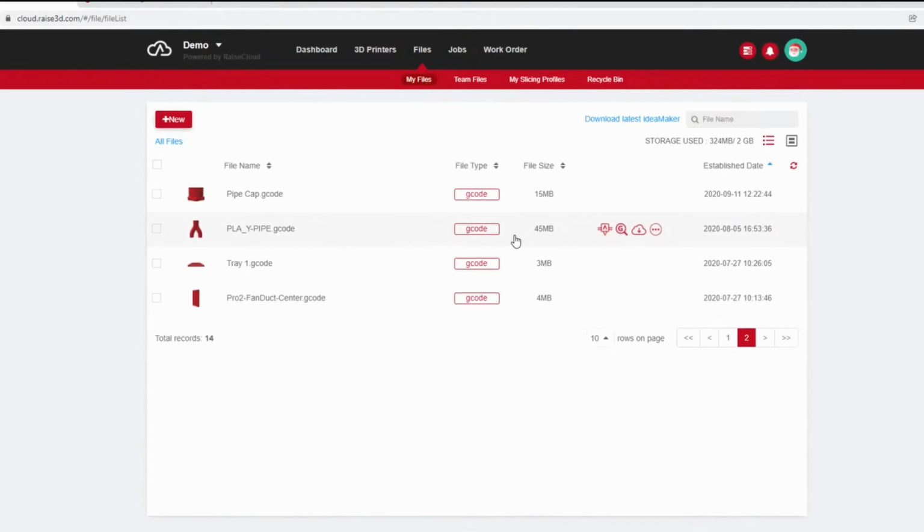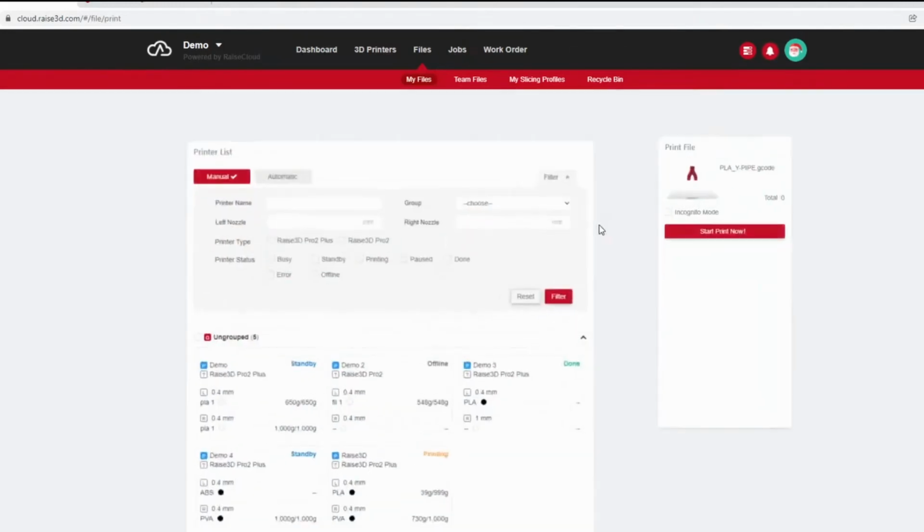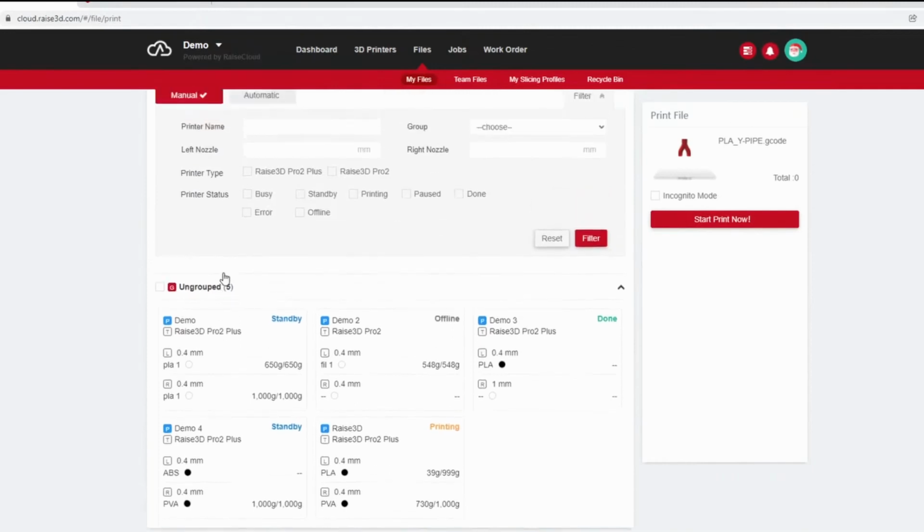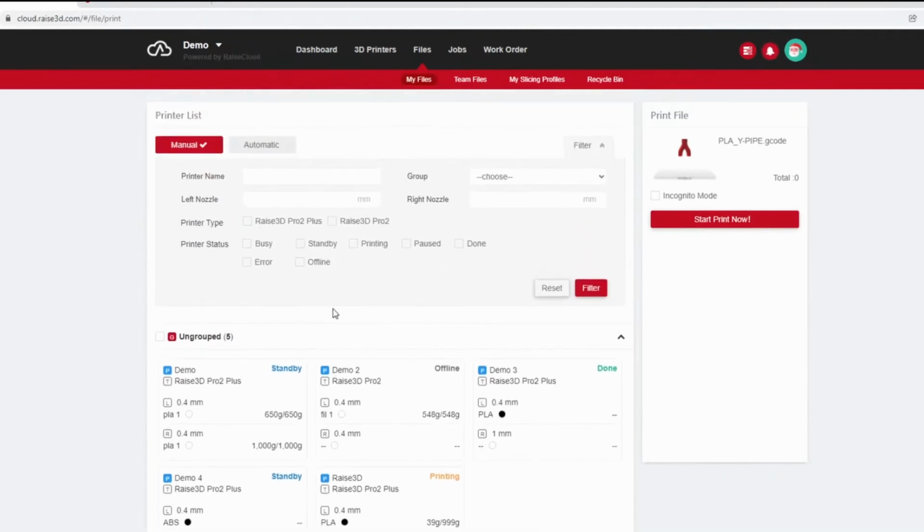I'm going to be working with the PLA white pipe, choosing print, and then once I have the printer list here, so I have the job selected, we have all the options for sorting what types of printers we want to run. So for example,